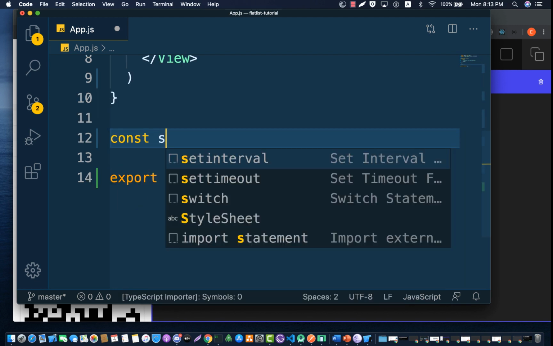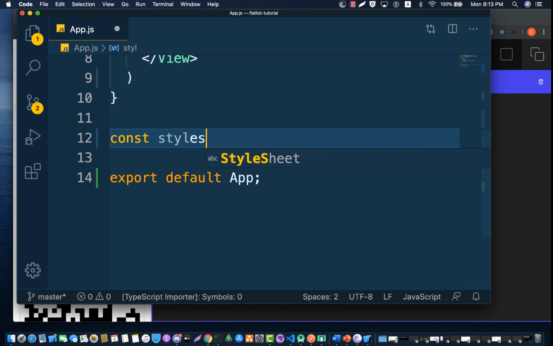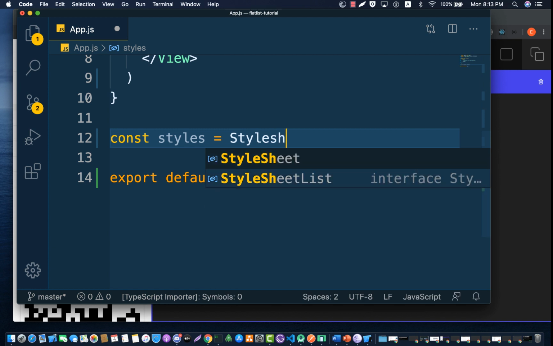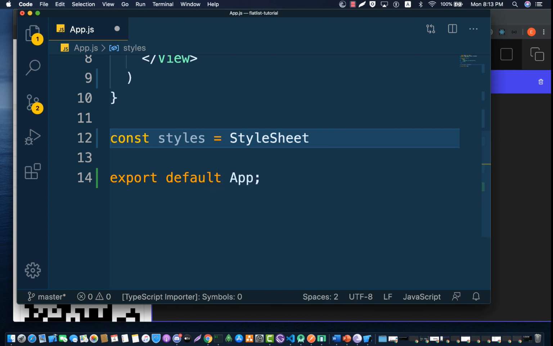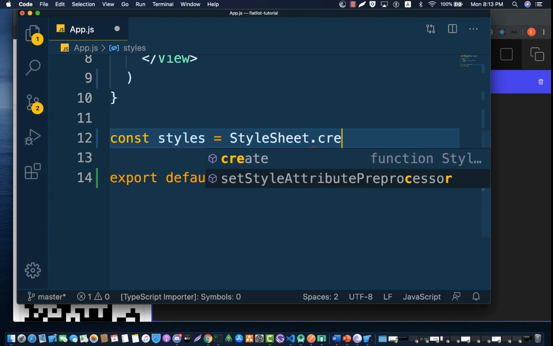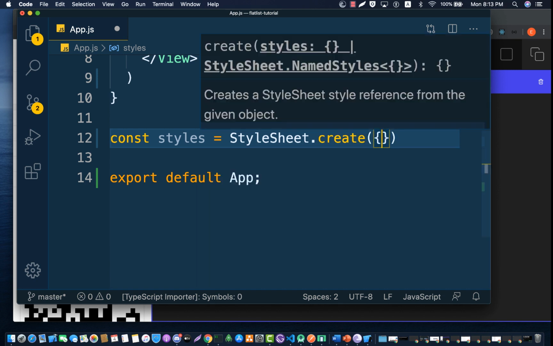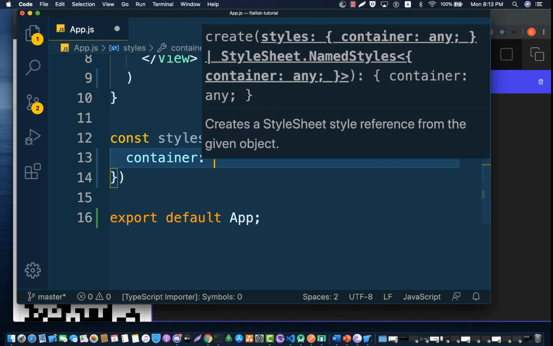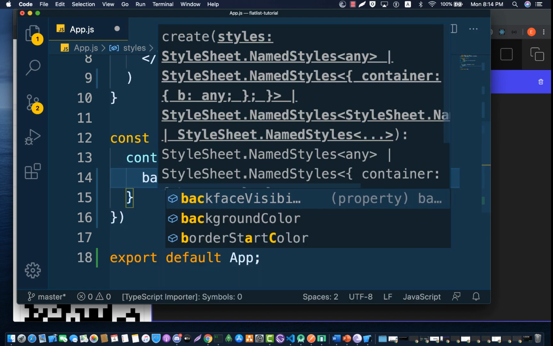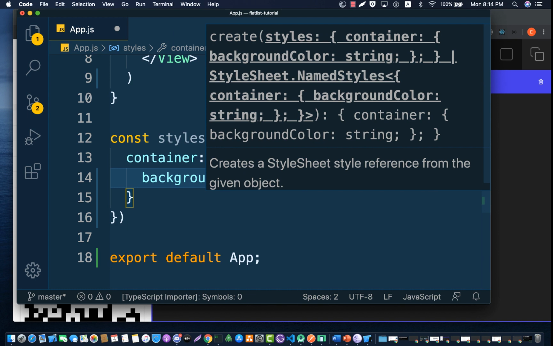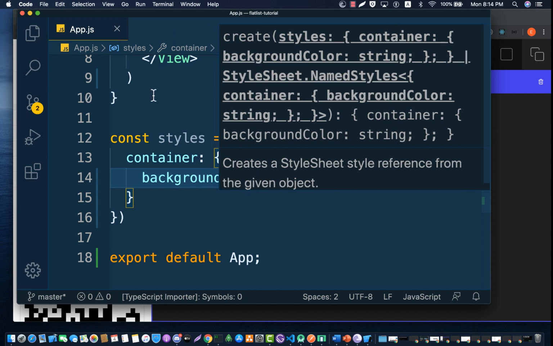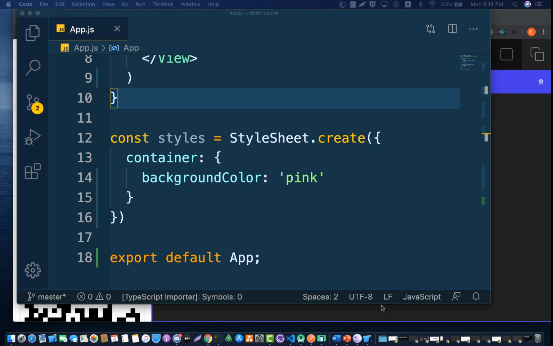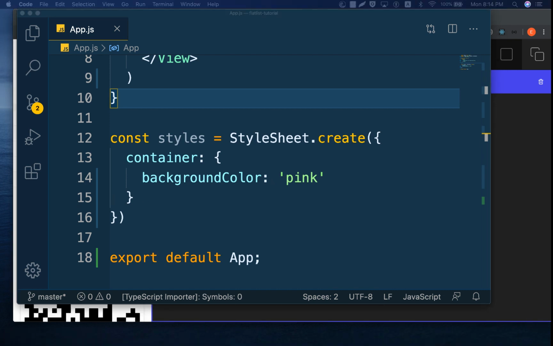So const styles is equal to StyleSheet.create, and this asset object, and I will say the whole container will be, and I'll make it a background color of, say, pink. Okay, so now let me bring my simulator here,